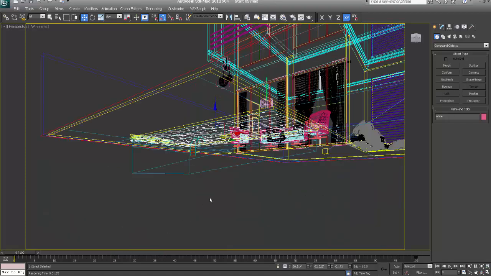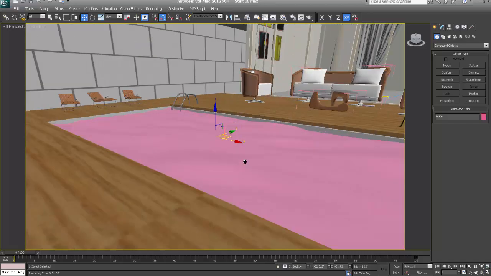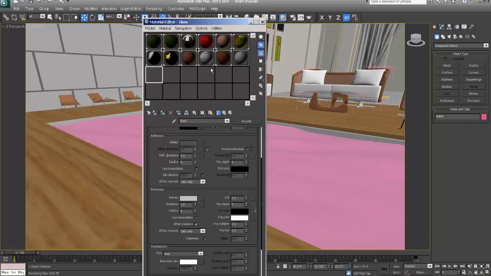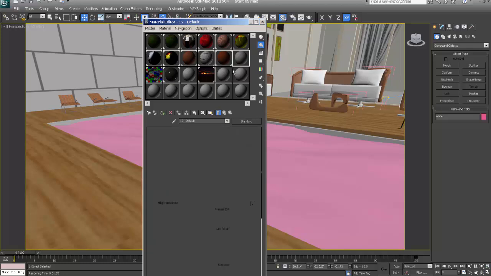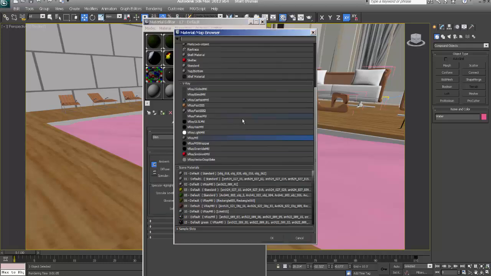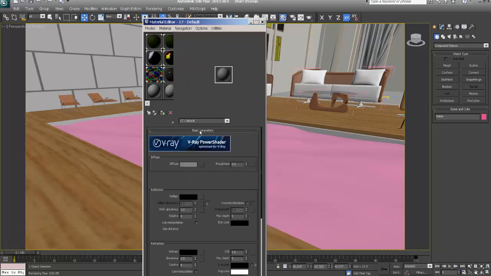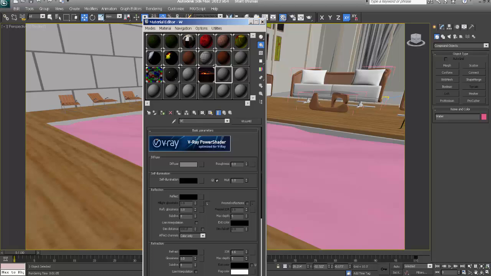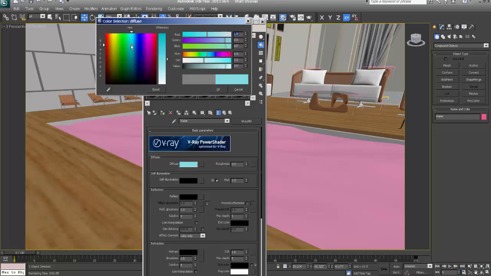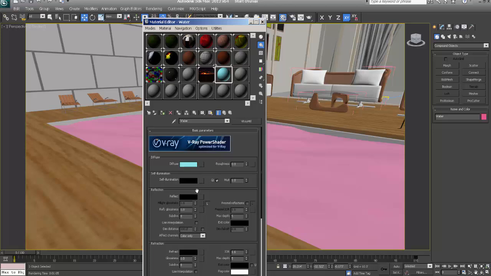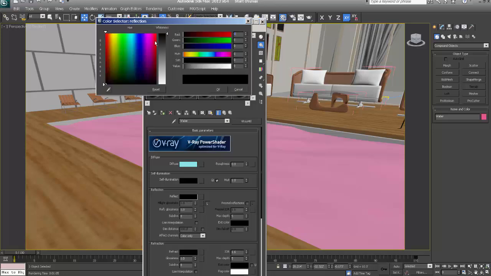Select my water, go to material, take new slot, be the material, say water, will be with the blue, slight blue, will be reflective,